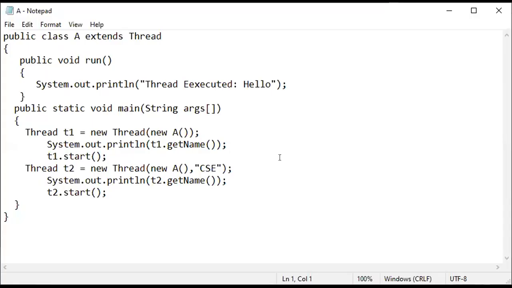And also come to this case, another one. We can create objects of a class like that and start the thread. And as I told you, I will make you more comfortable with this. So coming to the next.